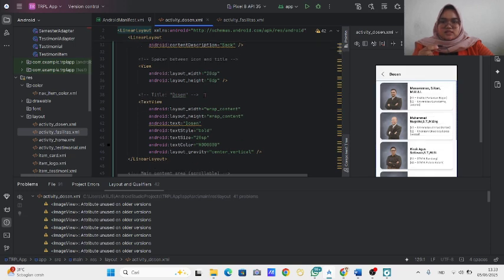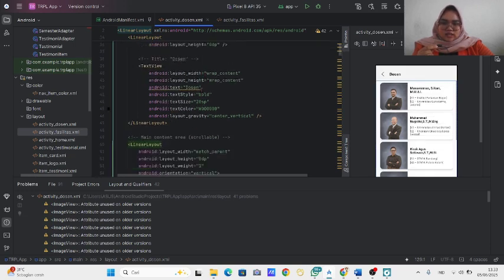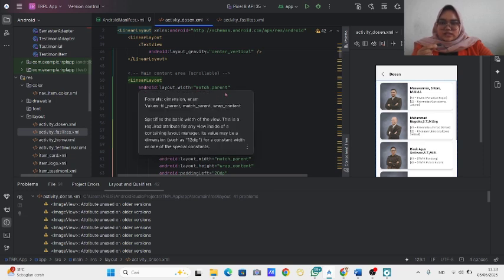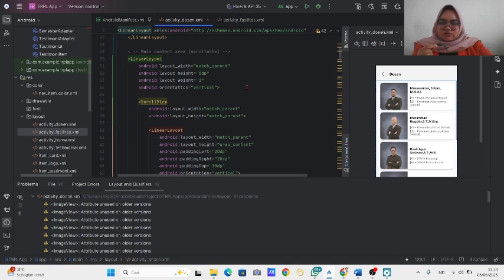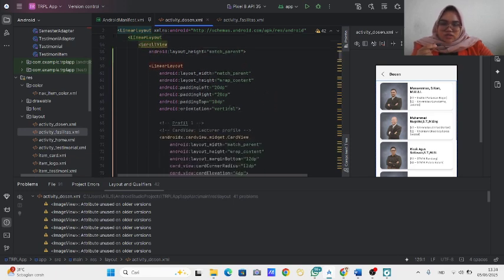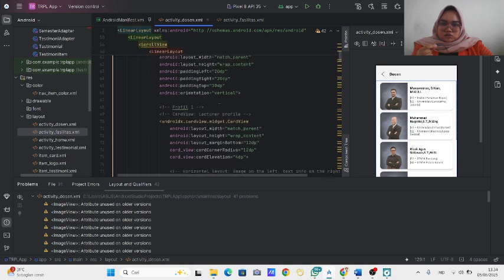This is a space. And then for the title, docent, we use a text view. And the main content area is scrollable. We use a linear layout and a scroll view, and we use a linear layout too.